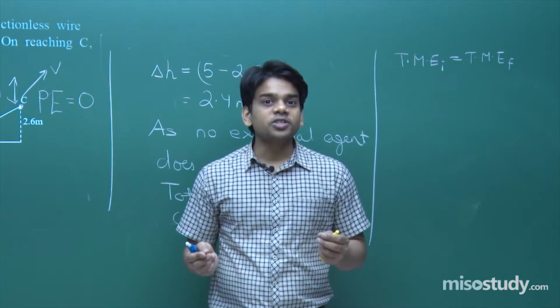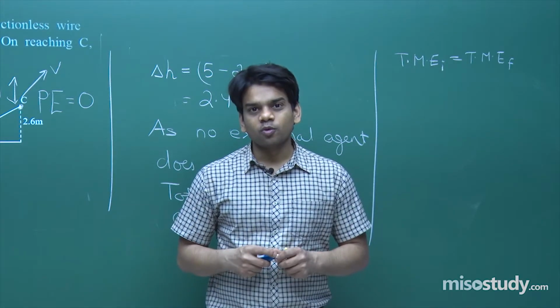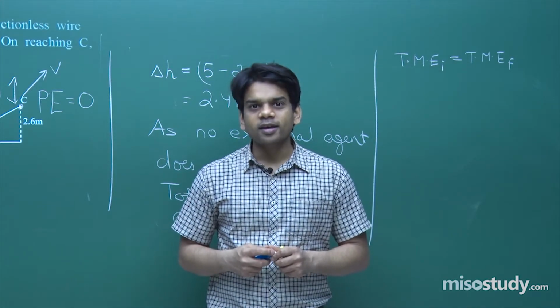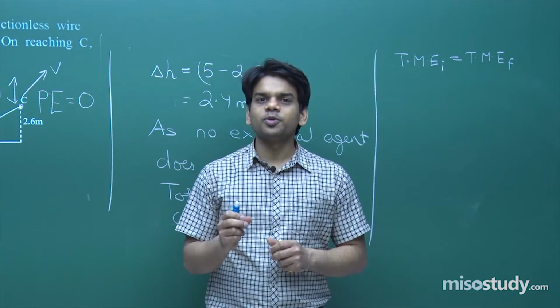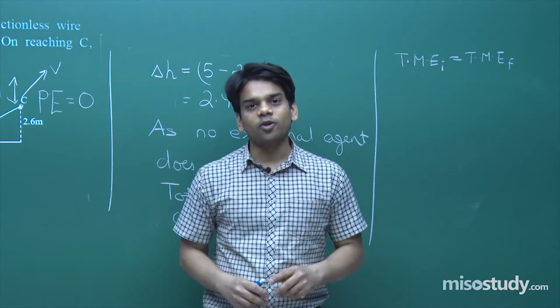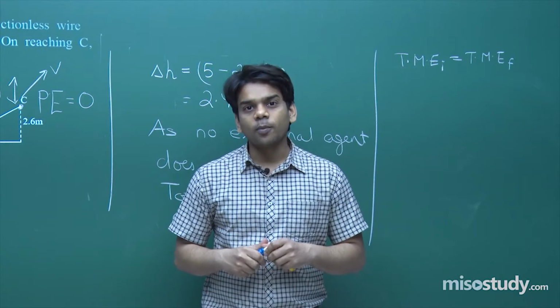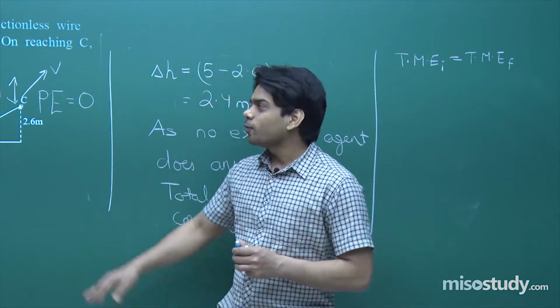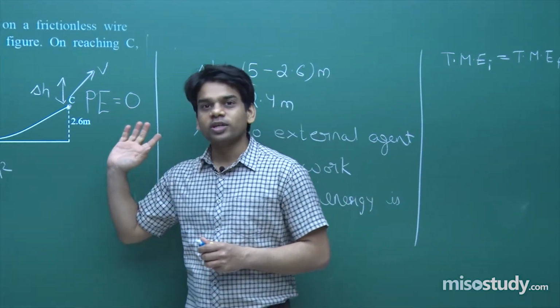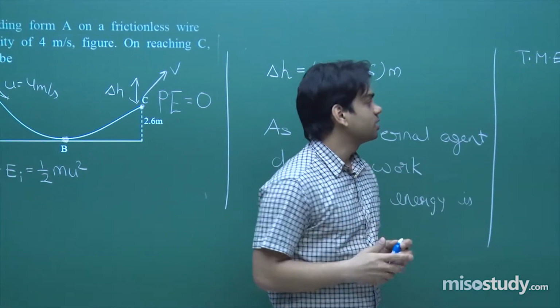Either you can take the potential energy at point B to be 0. Whatever method you wish for, you can go ahead. Whatever point you are thinking to take potential to be 0, you are independent, you can apply that. It's all upon your convenience. For my convenience, I am taking the potential to be 0 at this point, so that I will be avoiding one step.